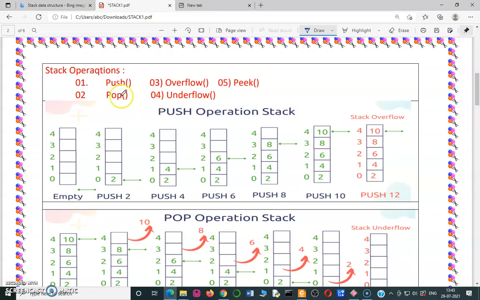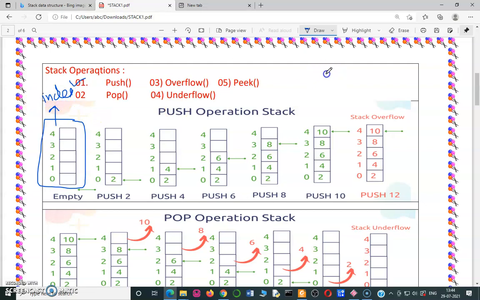That means stack has different operations. First is the push operation to insert an element in the stack. Suppose we have this stack, and this is the index number, and index number is starting from 0 to size minus 1.